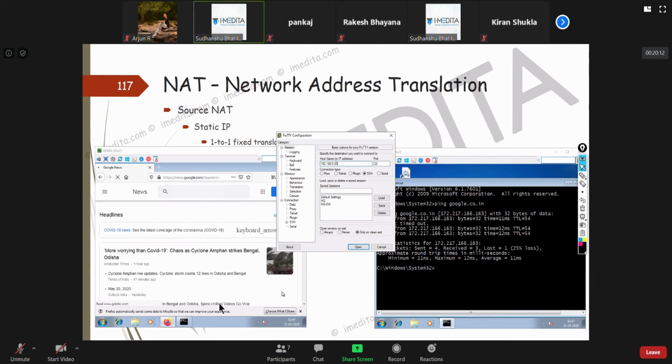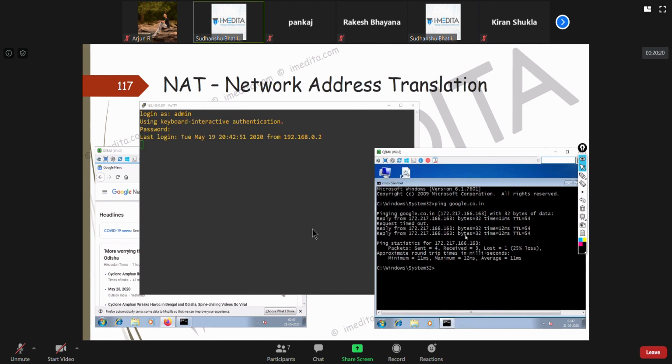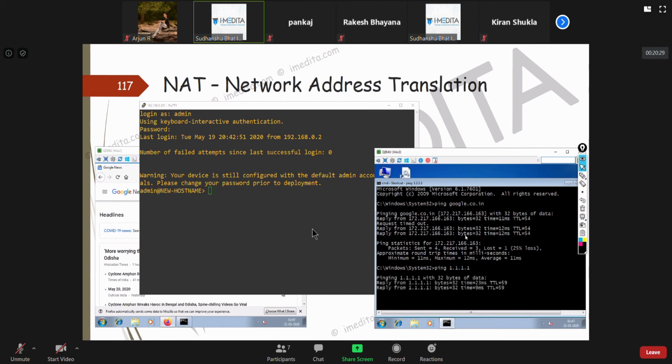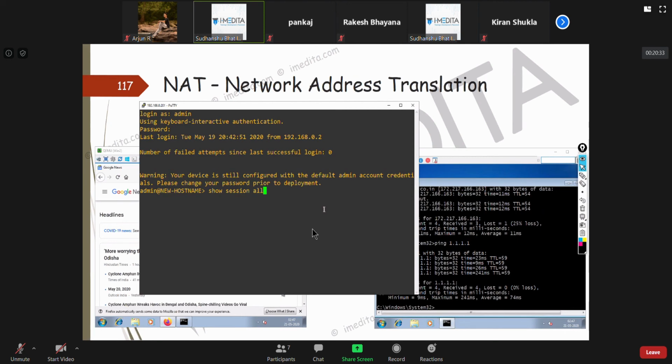And also we can check on the firewall. Exit session to the firewall and do show session all.